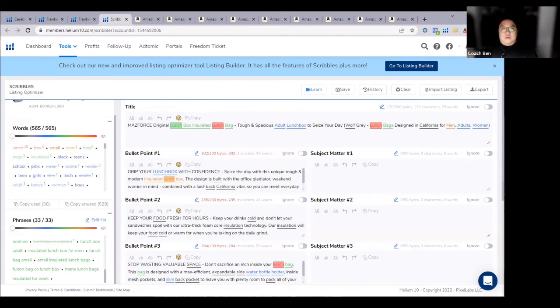Okay, so these are the main things that you need to worry about right now when you're starting the Amazon business. First, product research. Use Black Box, use review insights to search for ideas, to search for how you can improve using the review ratings, review insights. Next, you want to make use of Cerebro to do the keyword research for the product that you're going to be selling to actually build your listing. And then from here, the Scribbles part, you're going to enter all the keywords that you use, and then you're going to build